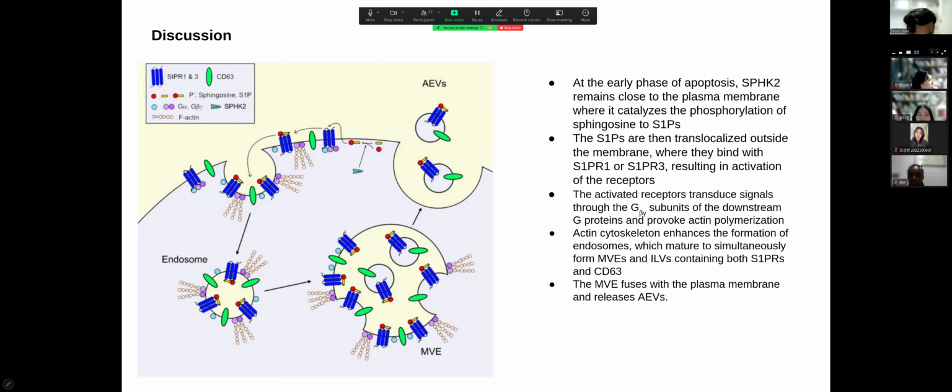DNA나 RNA에 의한 것은 아니고 멤브레인에 있는 리셉터와 스핑고신 1포스페이트가 자극하는 것은